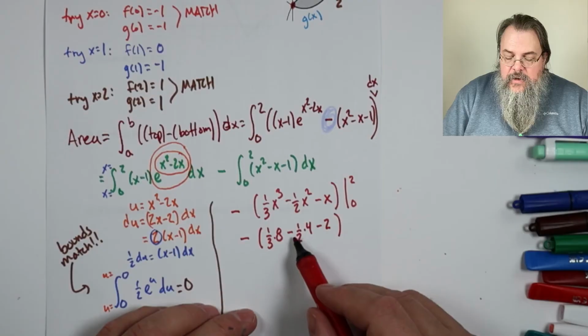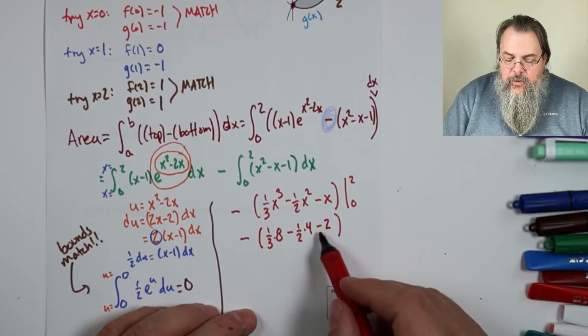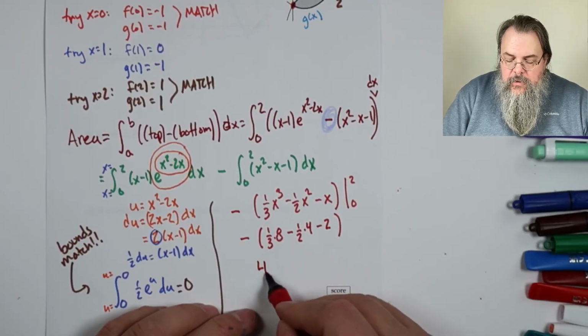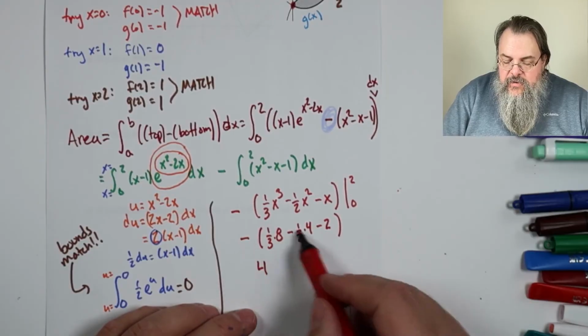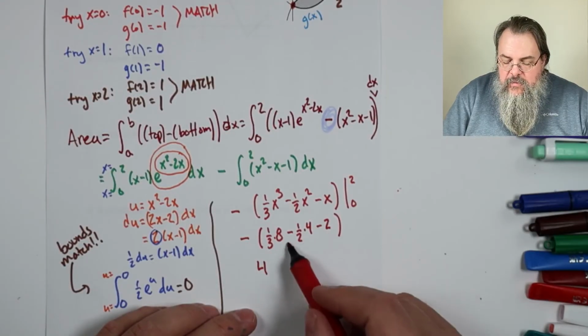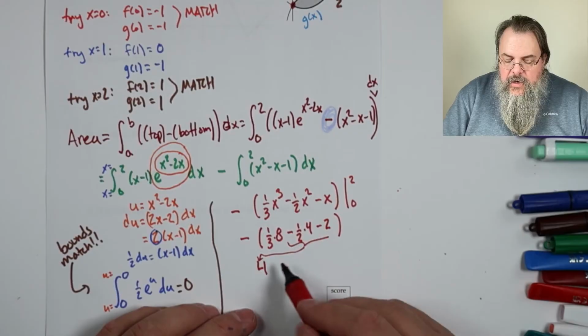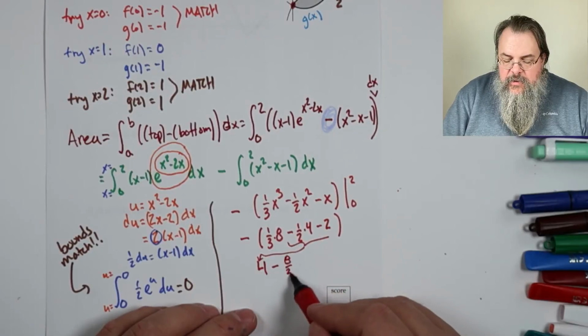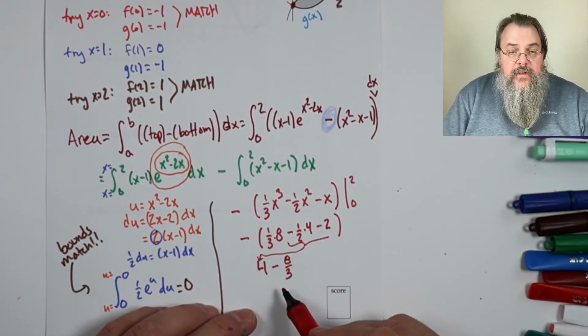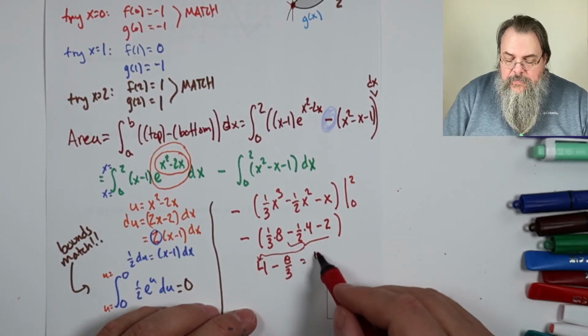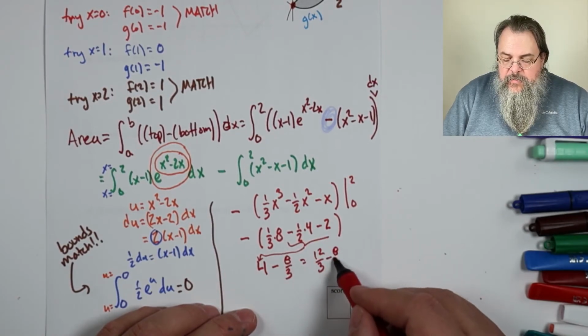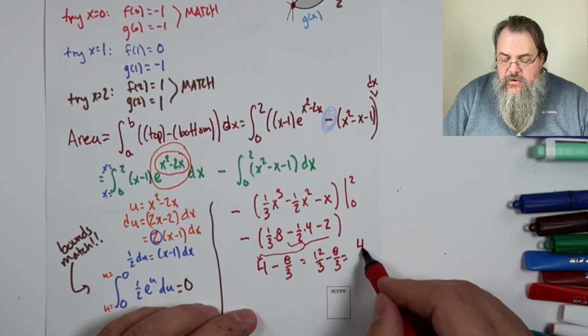And so we have a 2 and another 2, so that's 4. So we have minus 2, minus minus 2, minus minus 2. So this right here goes to our 4. Then we have minus 8/3, which is the last part. 4 is another way of saying 12/3. So 12/3 minus 8/3 gives us a grand total of